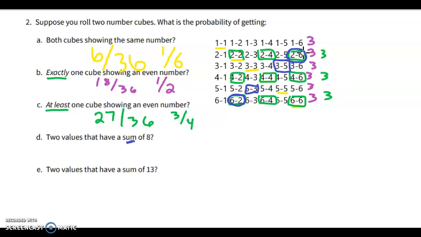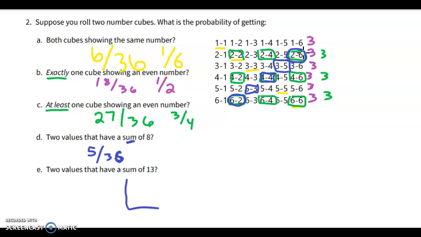So that's 2 more, so we're up to 4. But there's going to be one more, and it is going to be 4 plus 4, which is also 8. So we have a total of 1, 2, 3, 4, 5 this time. 5, right, out of our 36. And good news, guys, this is simplified this time. I almost wrote 5 again. All right,